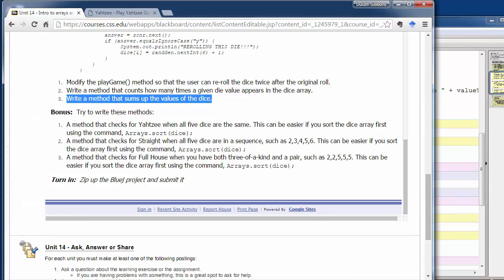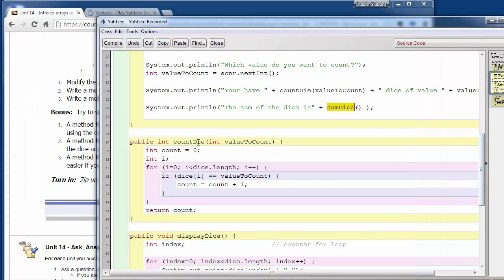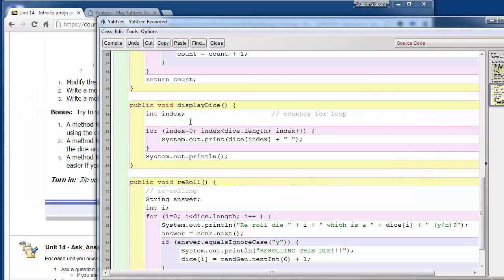Okay, so let's look at some of these variations. Now, one of the cool things that's available with arrays is there's a special method to sort an array, and we can sort an array easily. So one thing we can do is when we display the array, we can sort it ahead of time. So like here I have my display dice. I'm going to call this